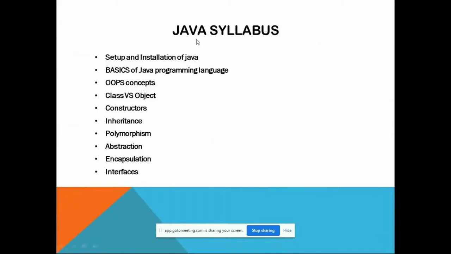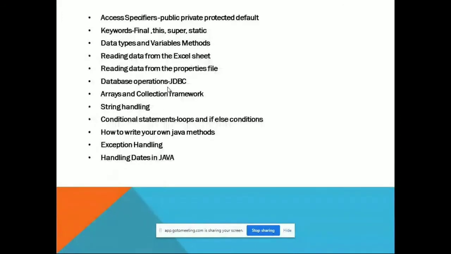First, we are going to cover all of Java: installation of Java and the basics of Java, and OOPS concepts: class, object, inheritance, polymorphism, abstraction, encapsulation, interfaces, abstract classes. These are all the topics in the collection framework, access specifiers, keywords, data types. Whatever our programming language requires, all that content we are going to discuss here.